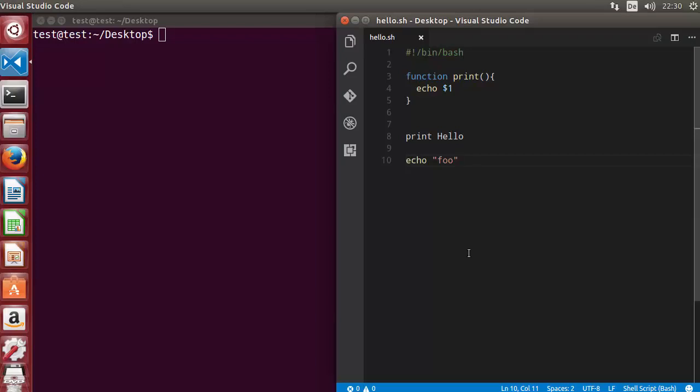Now by default, every variable which you declare in your script is a global variable, and that means it can be accessed from anywhere in your script. Now let me give you an example and then we will understand why we need a local variable